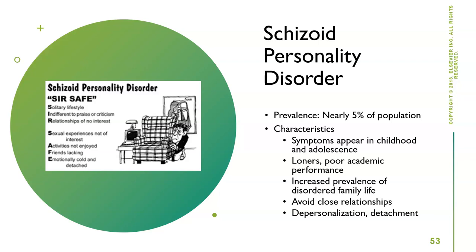We see this maybe in nearly 5% of the population, again, more with males, again, more with individuals who have a family history of schizophrenia. In adolescence, they may do poorly in school. They may be teased a lot because they stay so alone. Relationships are difficult because they have this emotional detachment. They don't seek out or enjoy close relationships. And they don't really care about your approval or disapproval. So friendship, dating, sex is rare.